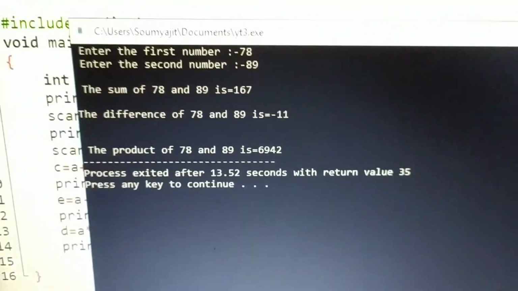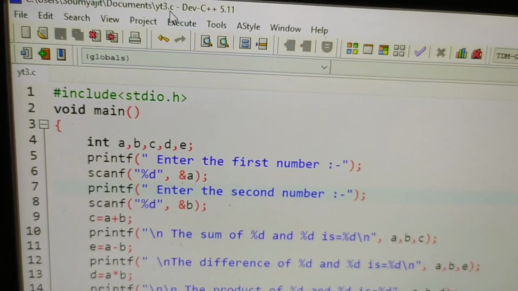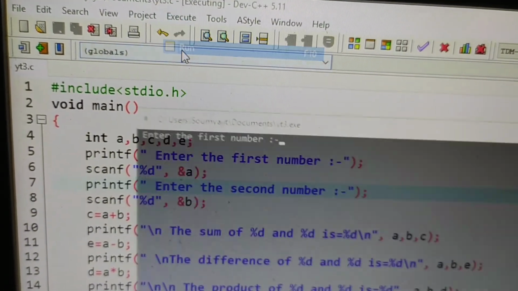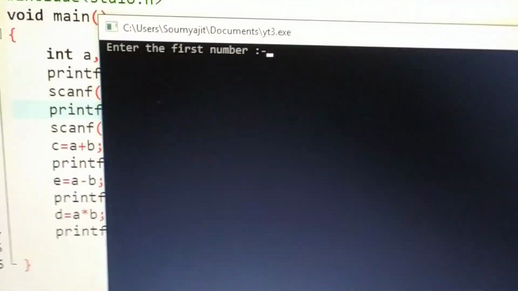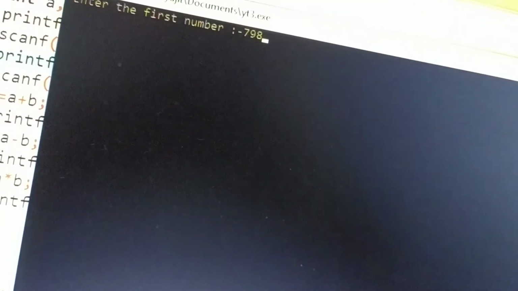I am showing you again, crossing it, execute option, run. I am putting the first number as 798, then pressing enter.